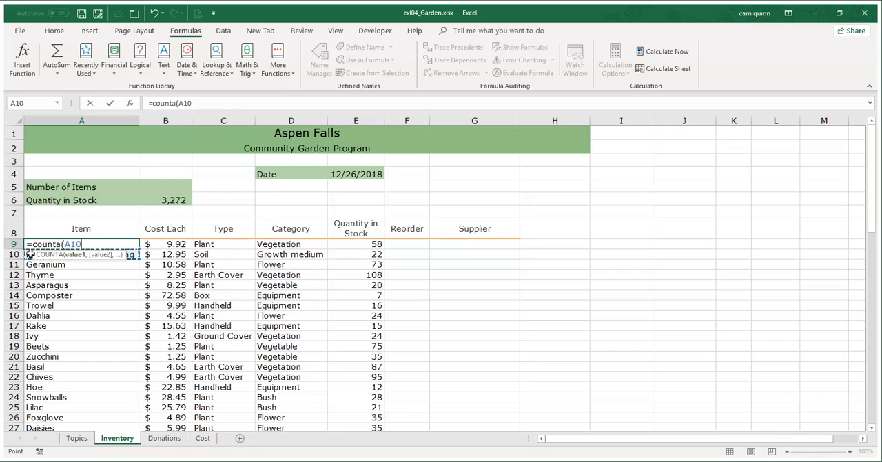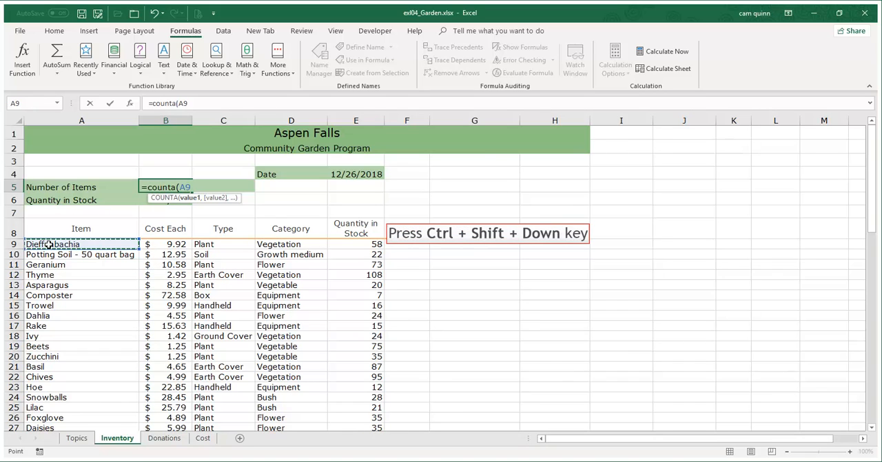My mistake here, I'm in the wrong spot. I actually want to be here. So here I'm going to do it. So again, count A. Now, when you're selecting a range of cells, one way you can do it, of course,